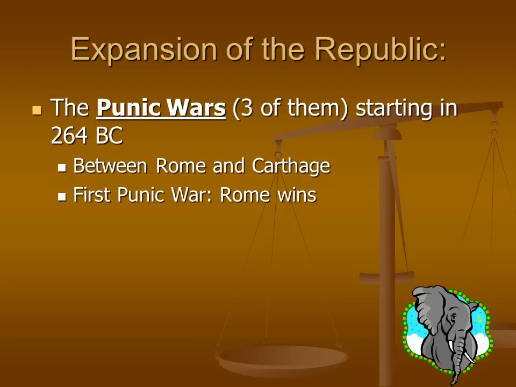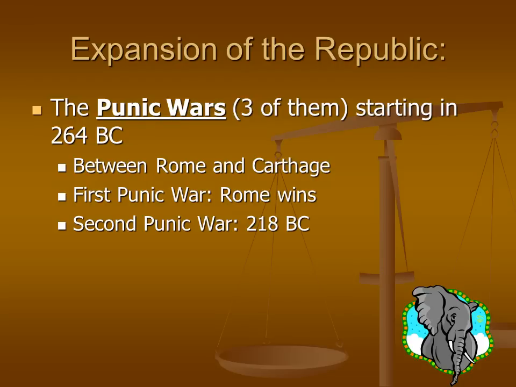out of this conquest. Carthage is angry, though, because it lost, and 23 years later, they're going to come back for some more. So peace is going to be short-lived. It's only going to last for about 23 years after this First Punic War, where Rome is victorious. And again, they get Sicily, they get Corsica, and Sardinia. So these are areas that Rome is going to take out of these Punic Wars.